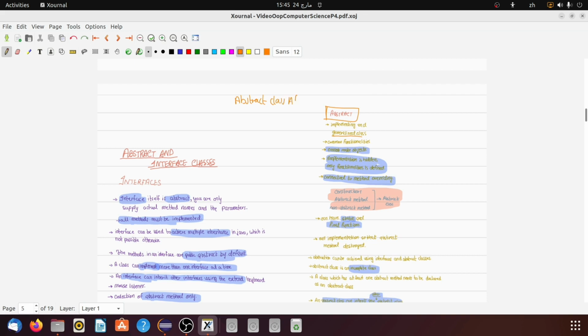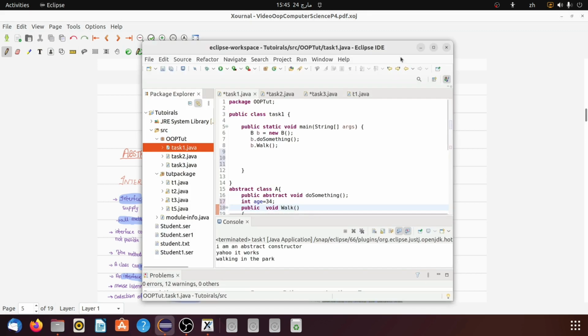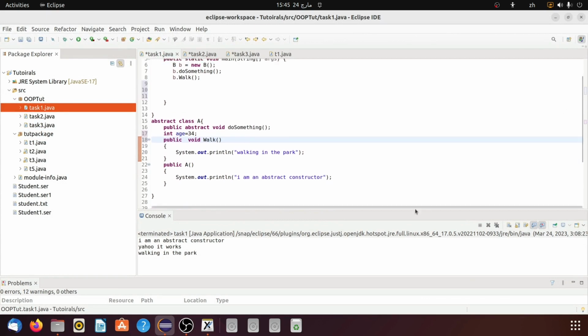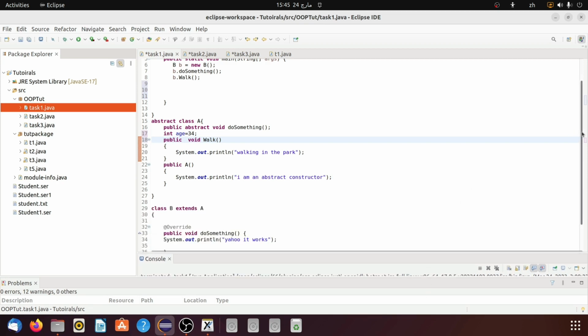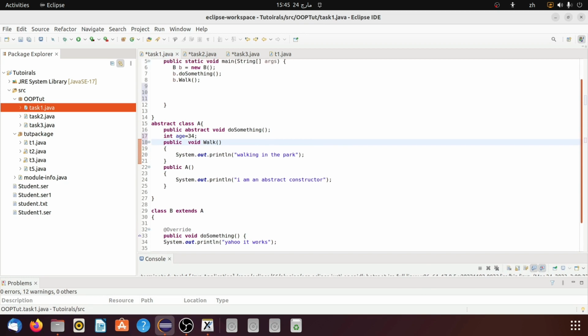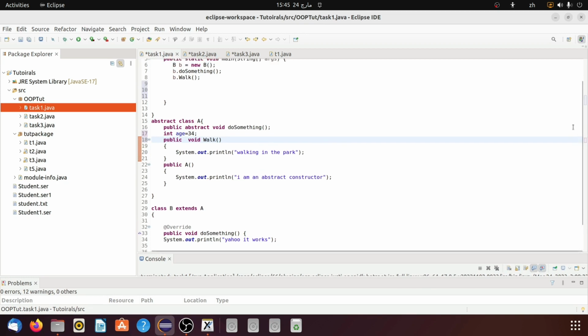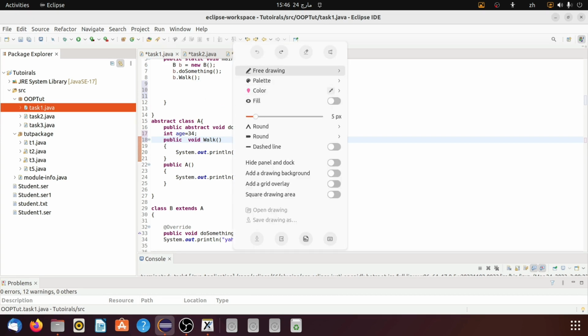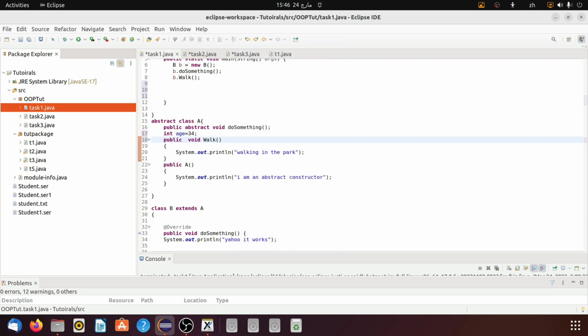Class A. Here you go. This is my abstract class. Whenever we create an abstract class, we will have to use this keyword. This keyword is very important in order to create an abstract class. After creating this abstract class,